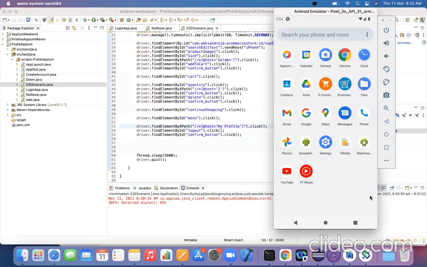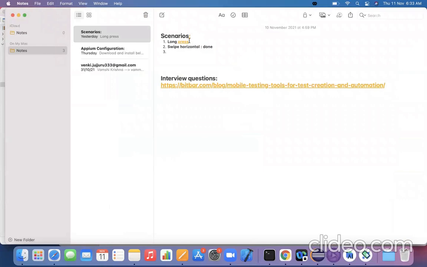Once we are done with this, the next point is we will go with different applications, and we have a couple more scenarios that we need to plan. Okay, not this long press. This is about scroll down, swipe, followed by web view switching. These are three things. So what I want you to do is complete the stuff